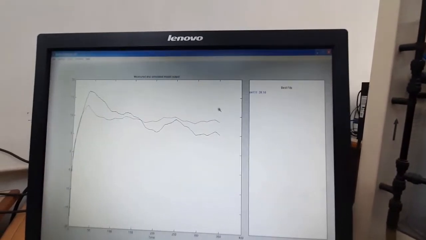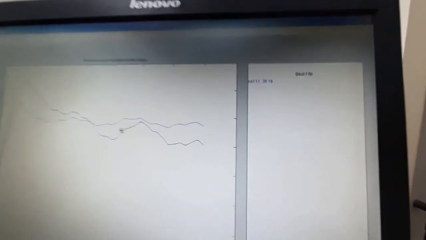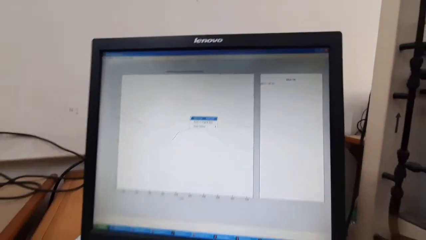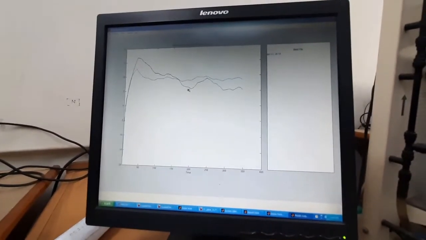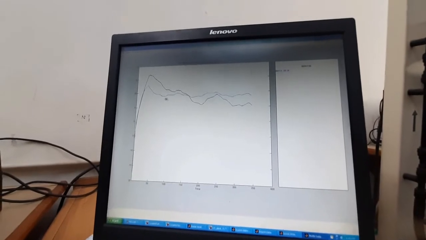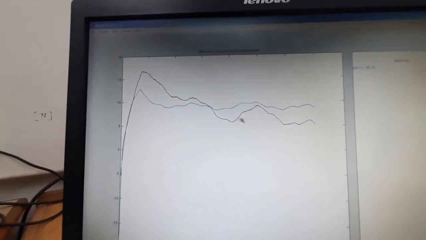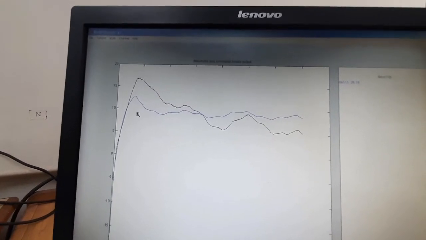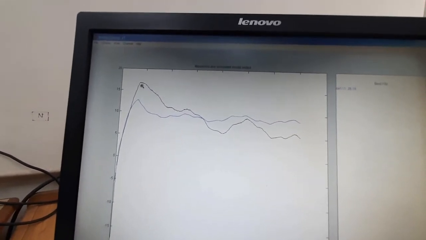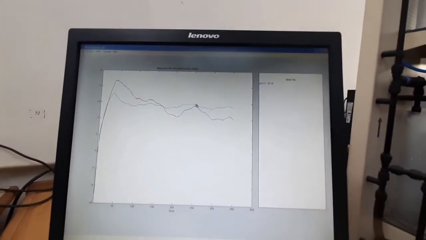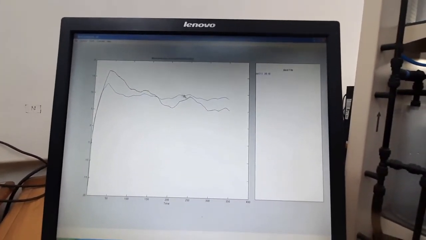So here this blue one is your original one, that means the measured one, and the black one is your estimated one. It is trying to estimate, but sometimes it is overestimating, sometimes underestimating. So how to see how much the mismatch is?